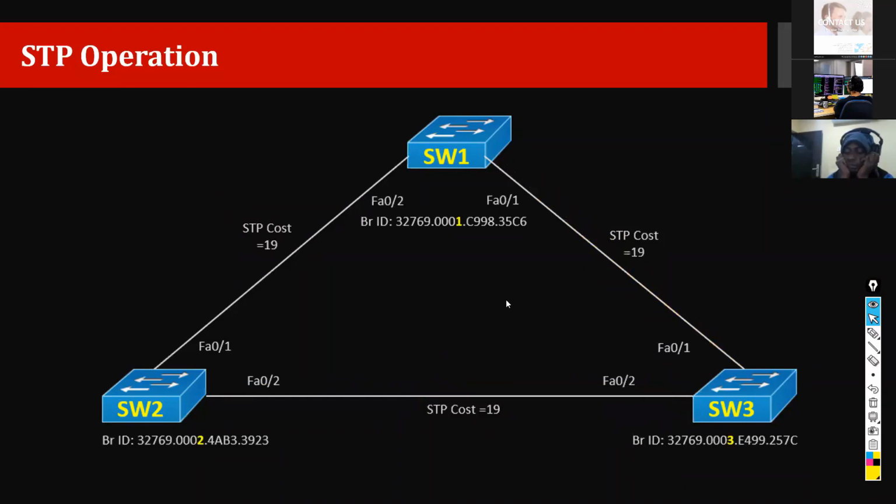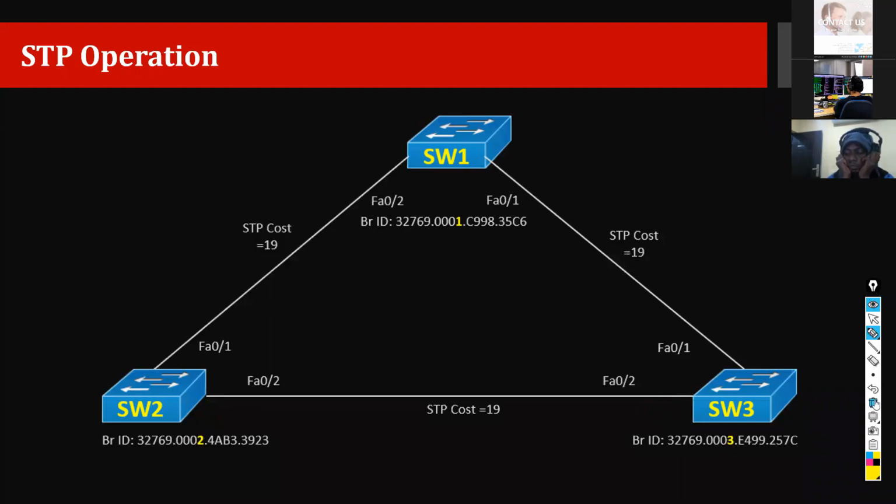So this was the example. And then each link has a cost as well. So like Mr. Suhaib and other people said that how we can modify this. For example, if we do not want this link to become the blocked port, we want, for example, this side to become, or maybe this side to become the block ports, or maybe we want to drop this link temporarily and improve this link. So that is how to modify the configuration.